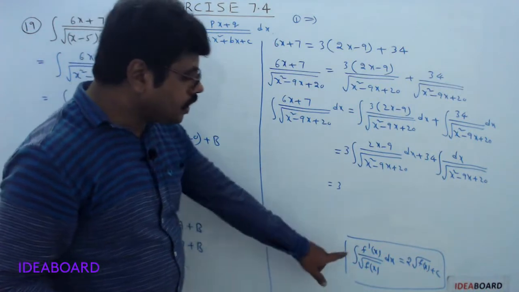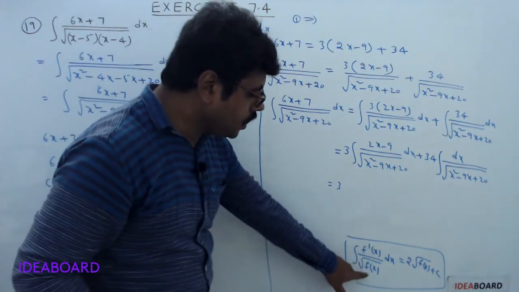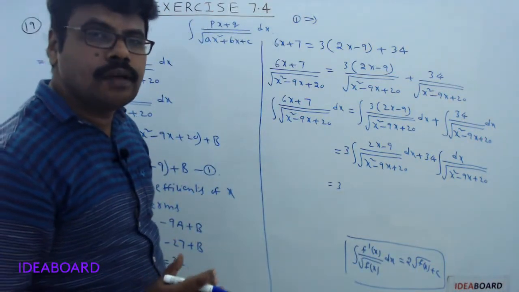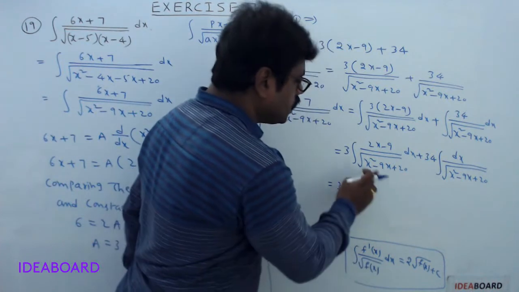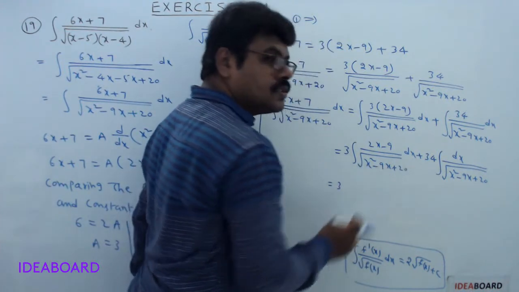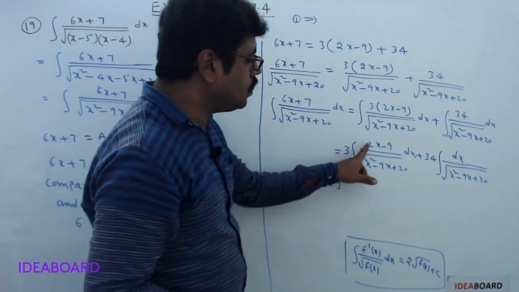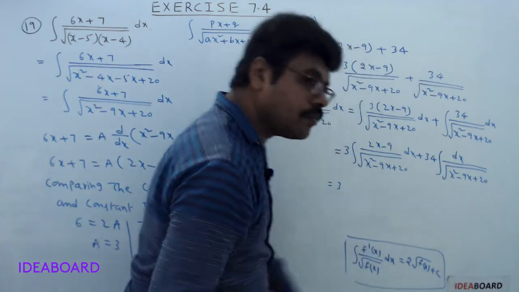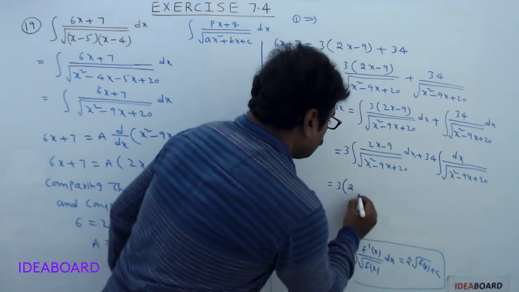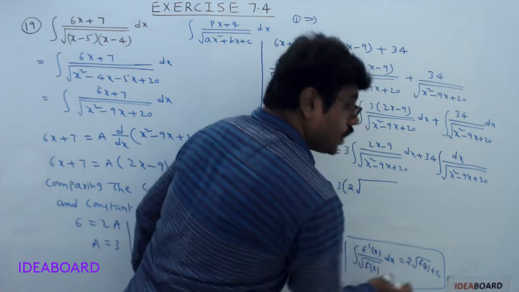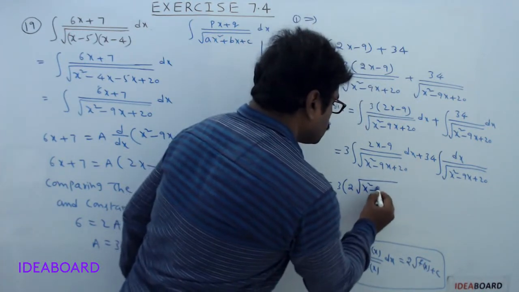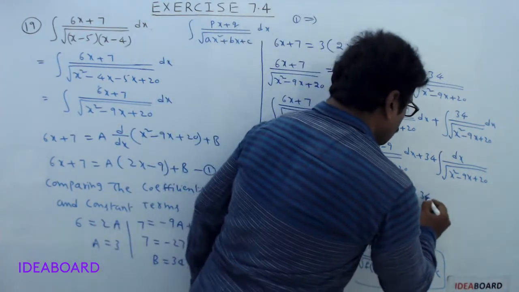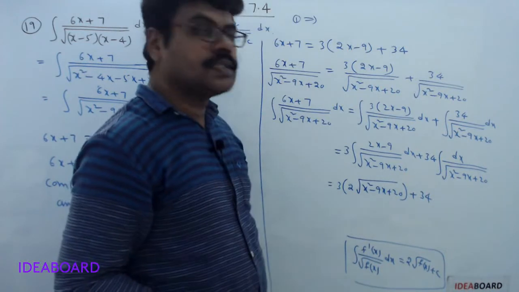What is the formula? Integral f dash of x divided by root f of x dx is 2 into root f of x plus a constant term c. Here f of x is x square minus 9x plus 20, f dash of x is 2x minus 9. So on this term you can apply this formula. This is 2 into square root of f of x, that is x square minus 9x plus 20, plus 34 into, if you observe the second term,